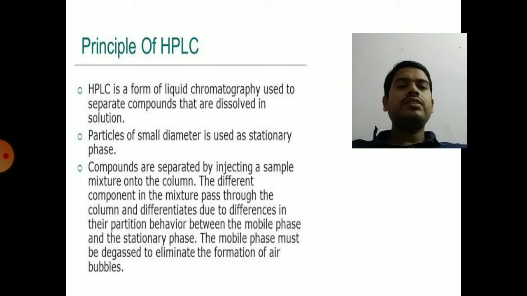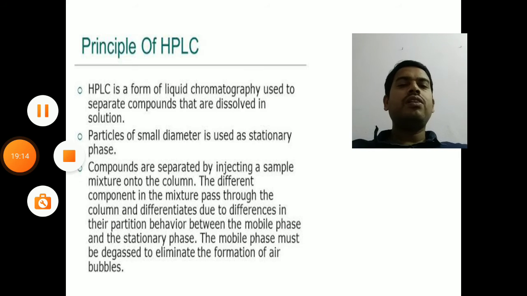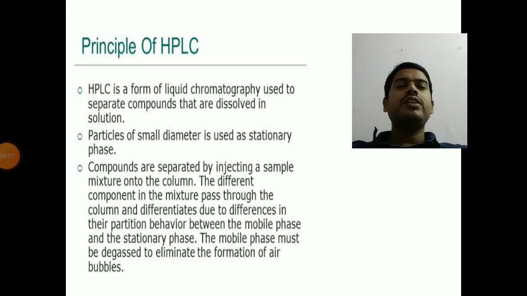So that is ion exchange chromatography and gel filtration or molecular exclusion chromatography. The next one is HPLC, high performance liquid chromatography. Here also you will be using a column. It will be a glass column or metallic column which is packed with stationary phase. Why do we call this high performance liquid chromatography? Here the length of the column varies, and also you will decrease the retention time of the solute.